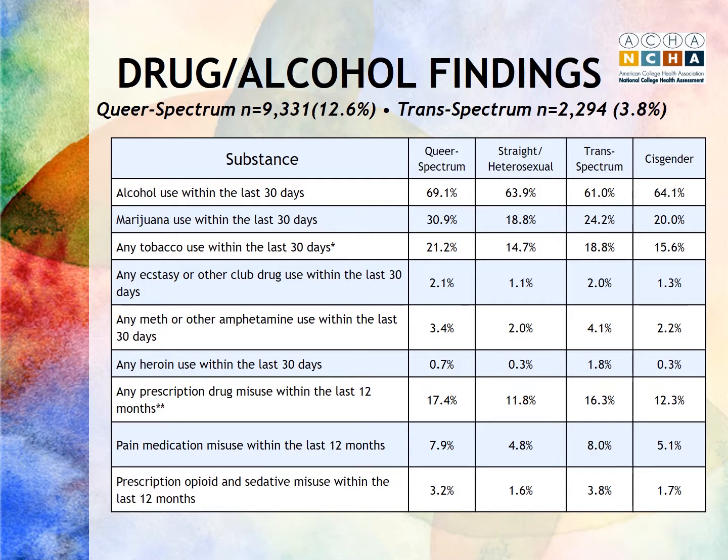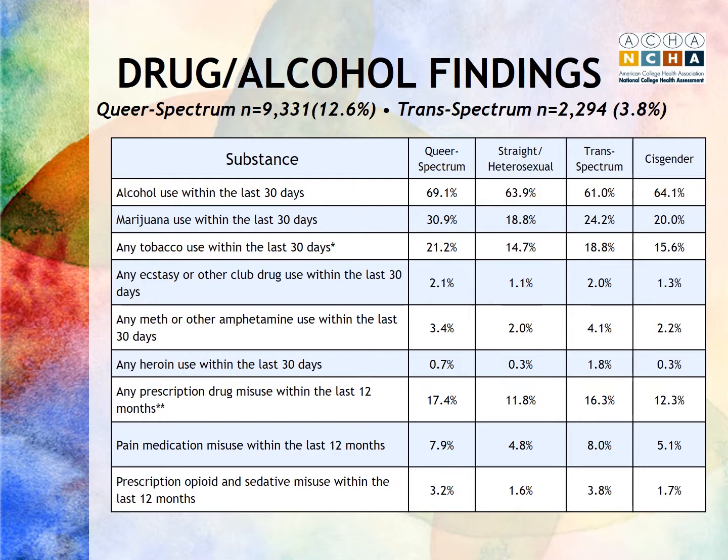And we do ask students whether or not they've used in the last 12 months a pain medication that wasn't prescribed for them. And you can see the differences, almost 5% of straight students, but closer to 8% of queer spectrum students. Same thing, cisgender and trans spectrum are